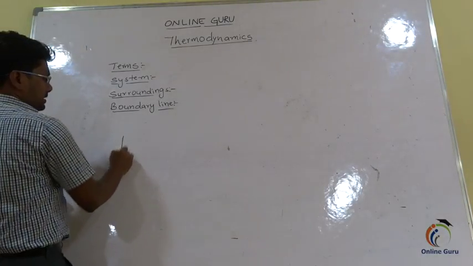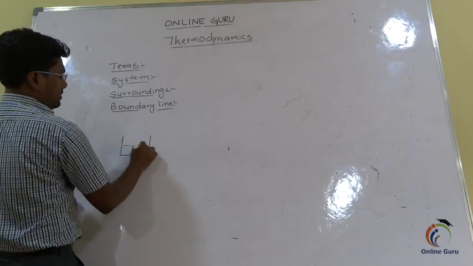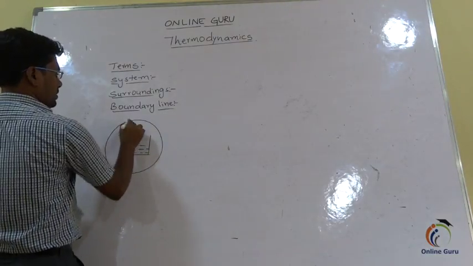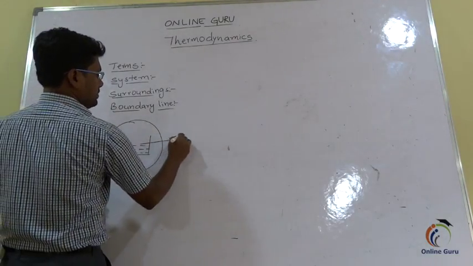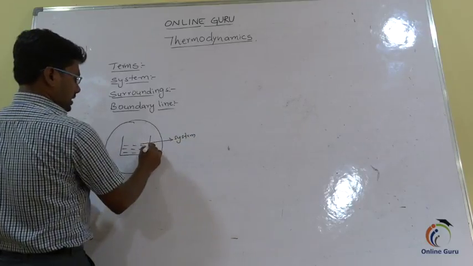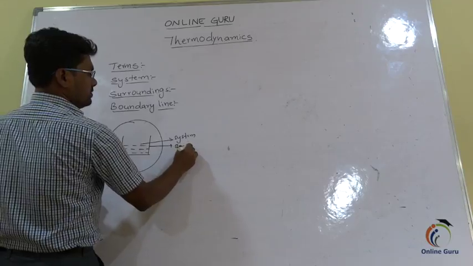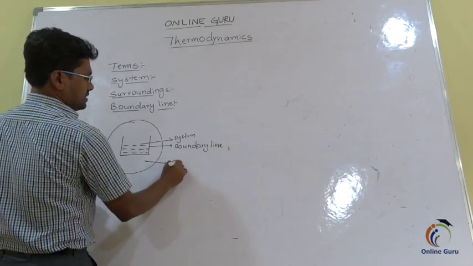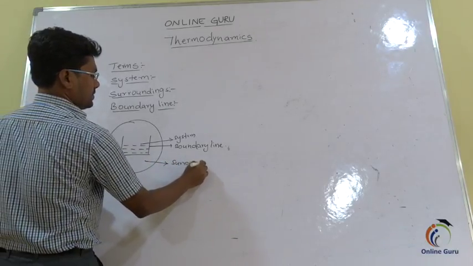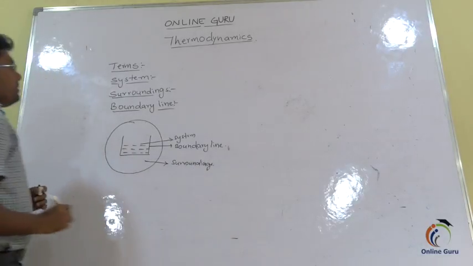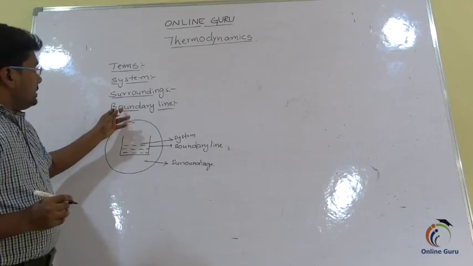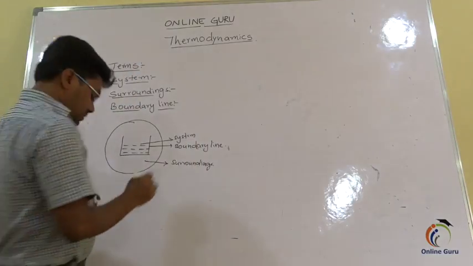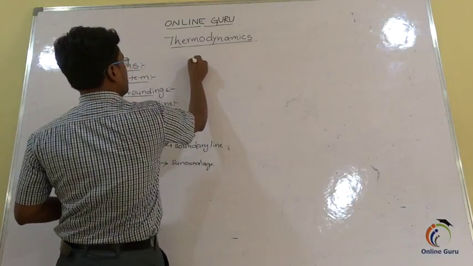For example, this is the system we are taking here. This is the system which is under observation, this is the boundary line, and this is the surroundings. Now, based on the nature of the boundary line, these systems are divided into three types. What are those? First one,